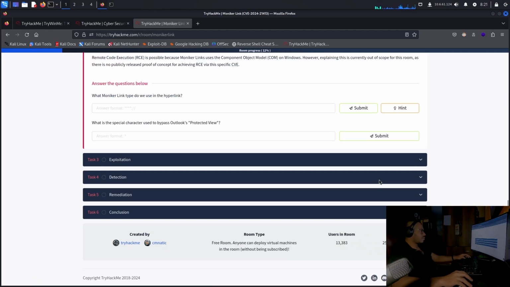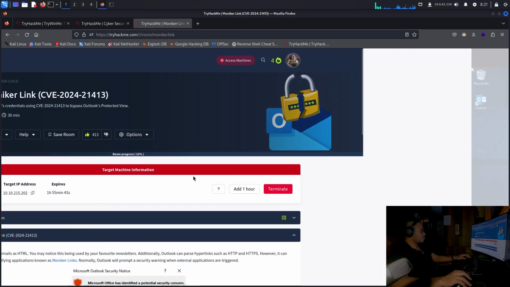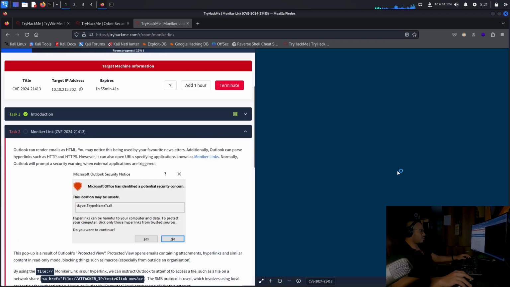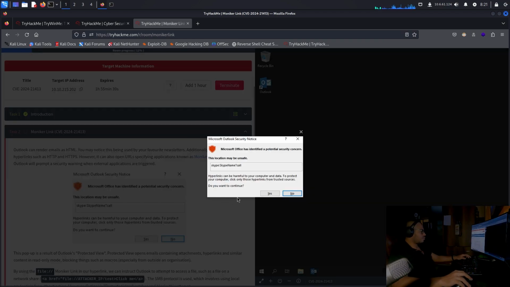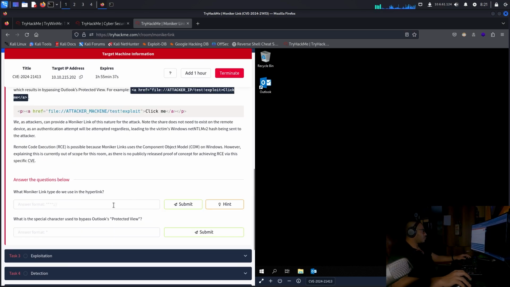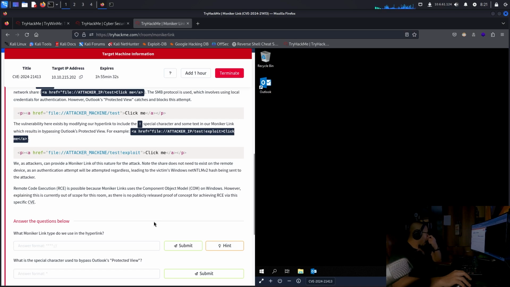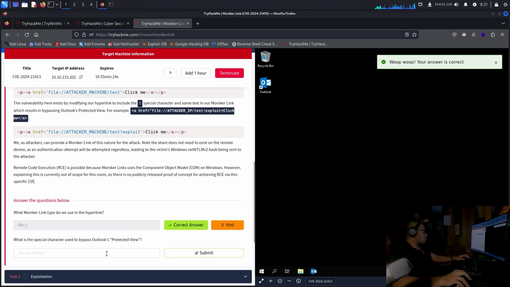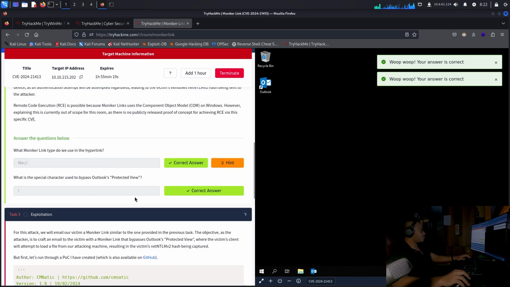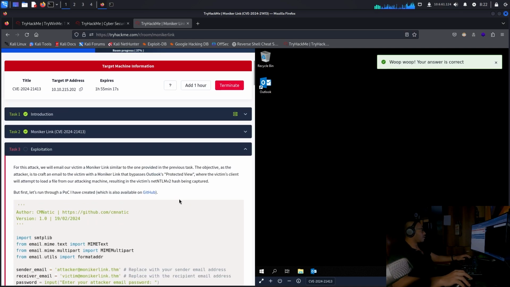Okay. So let's just show split. Please wait. Okay, what moniker link type do we use in a hyperlink? So it would be file. What is the special character used to bypass Outlook's unprotected view? This symbol. Exploitation. Okay, for this attack, we will email our victim a Moniker link similar to the one provided